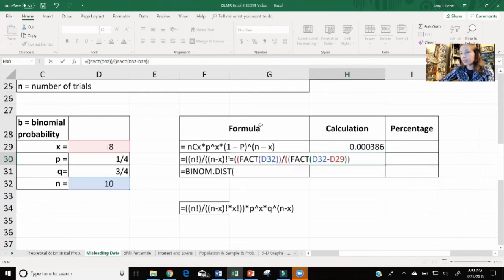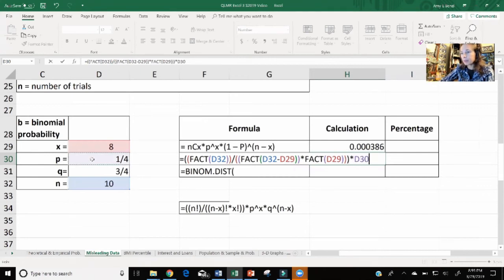All right, now that is going to be times x factorial, so that's going to be times factorial of x. Close the parenthesis for the factorial function and then close 2 more parentheses because that's what's on my formula, times